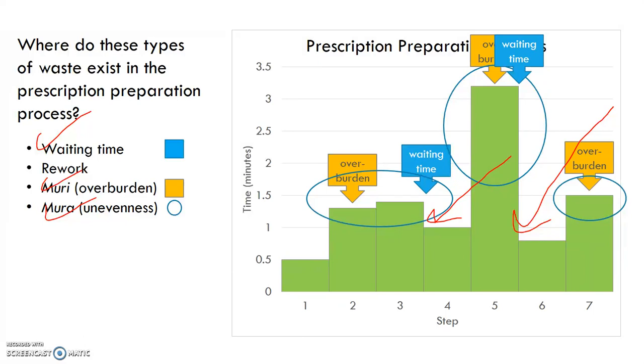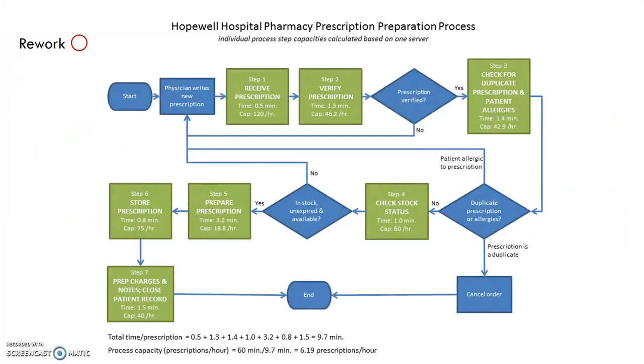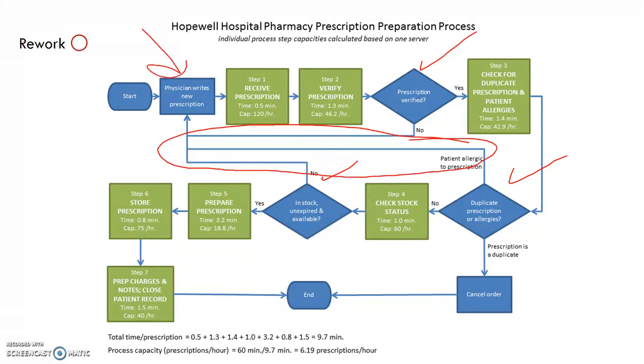Difficult to tell if we've got rework embedded in this process from the histogram. So let's go back to our flowchart and look for rework. And we already identified back in video number 1 where some rework occurs, right? And that's all of these steps where we've got a decision that takes us back to the beginning of the process. So all of these process lines here going back to the physician writing or rewriting a prescription, then causes us to go back through these other steps of the process, right? So if we go back